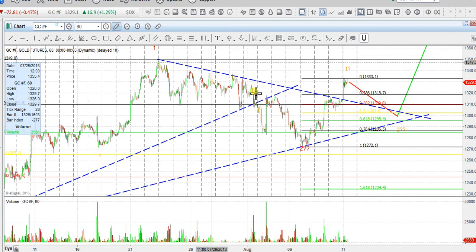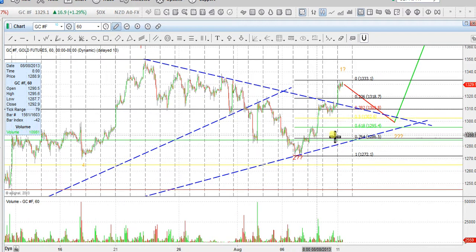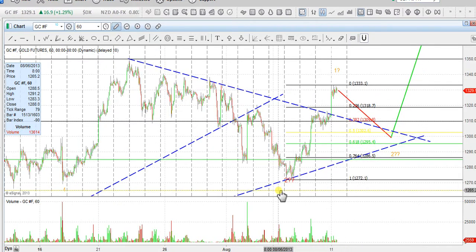So we can expect that wave 2 has ended right here, and then we're going to see prices take off from this point. So now as we take a look, we see that this is setting up to be the first subwave of that larger wave 3. So this is that 1, 2, 3, 4, 5 to give us wave 1. And then we're expecting a move down towards the 50 or even the 61.8% Fibonacci level, which would also coincide with a bounce off this ascending trend line, and also a bounce off that descending trend line it recently broke. So we could see anywhere between the 38 to the 61.